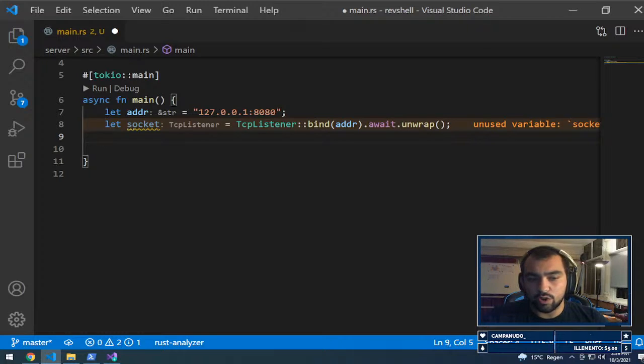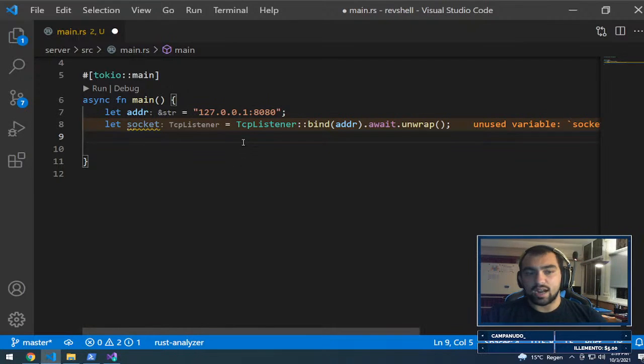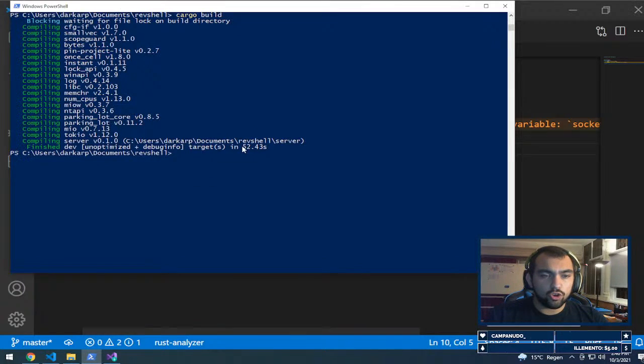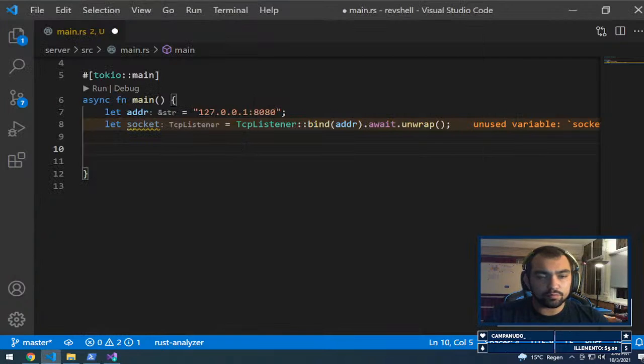I think that's the way to go. Then you have one thread handling all your user interaction. I think that's the way to go. Let's try that. So we're going to create a new